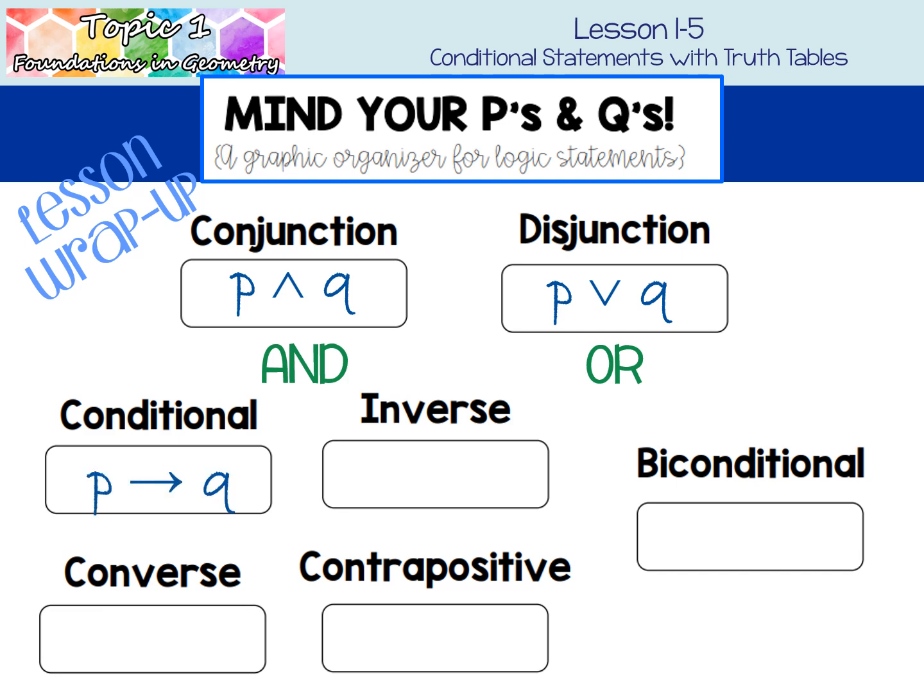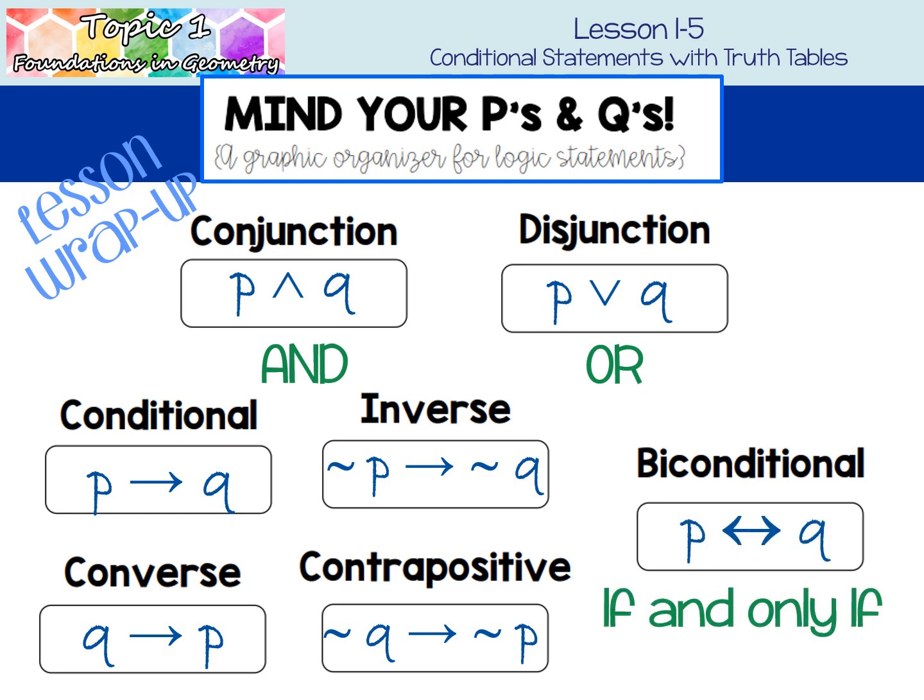Conditional, P implies Q. Inverse, same order, negate. So not P implies not Q. Converse, you're switching the order of the conditional. So Q implies P. Contrapositive, it's the same order as the converse. They both start with a con, but you're negating it. So not Q implies not P. And biconditional is the two-way arrow. It means if and only if. So P, if and only if